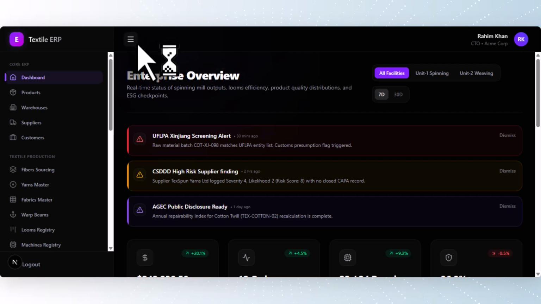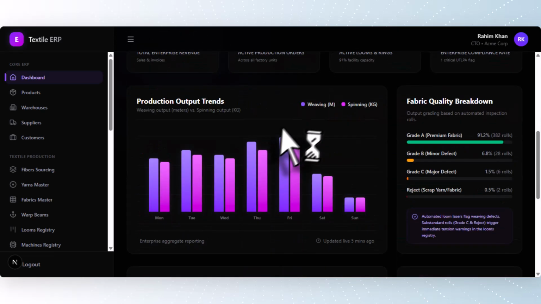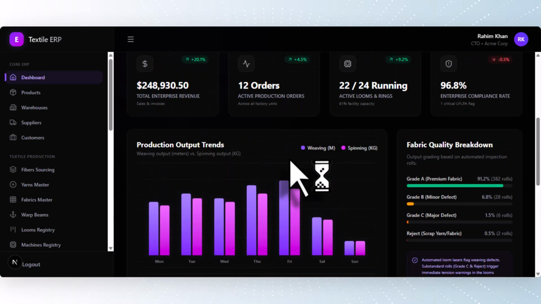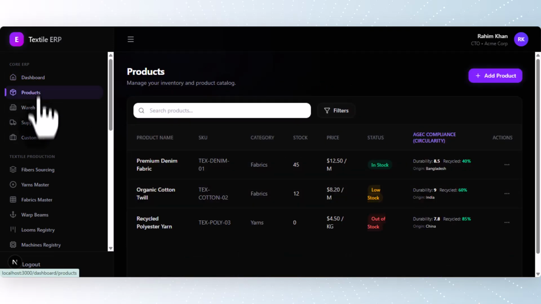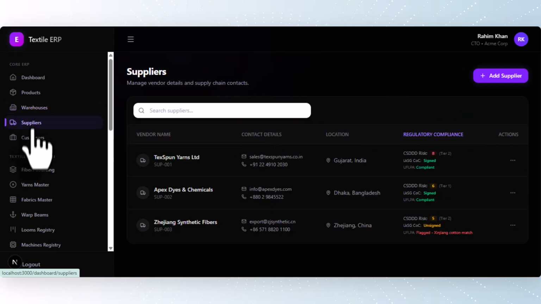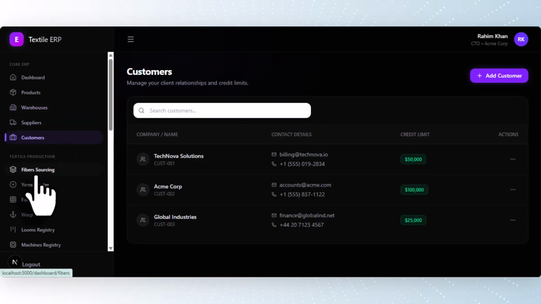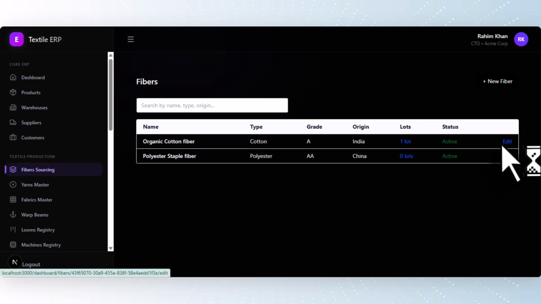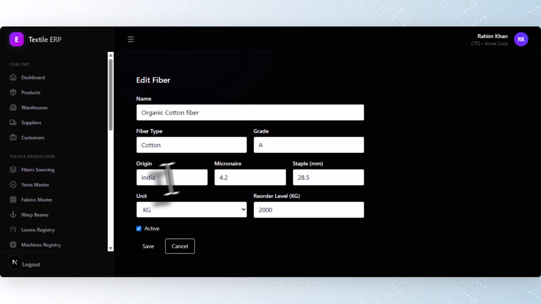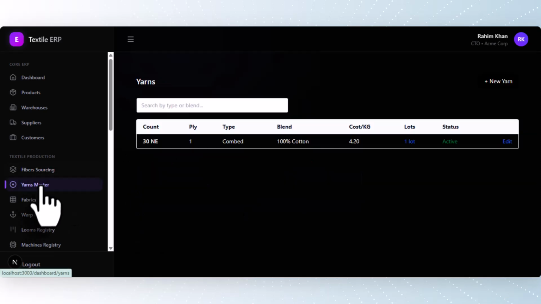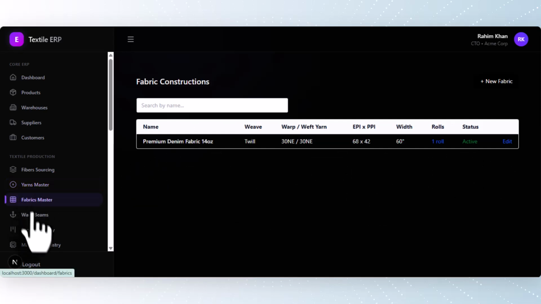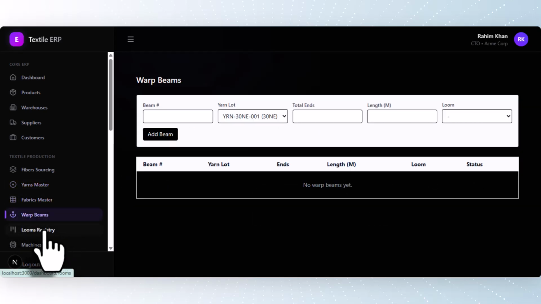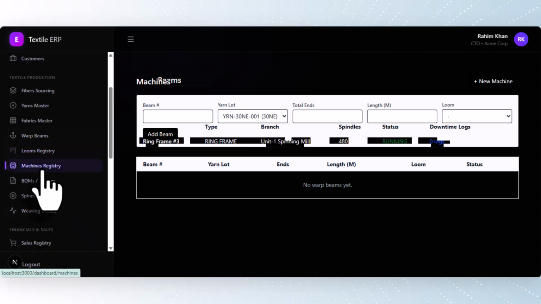Complete Textile ERP. Next, this is the dashboard. Also, this is the product, warehouse, supplier, customer, fabric sourcing. You can edit. Then master, yarn master, fabric master, warp weaves registry, machine registry,